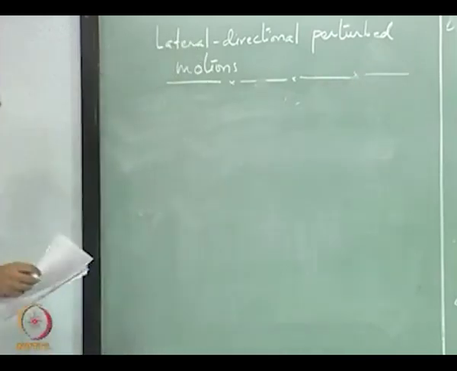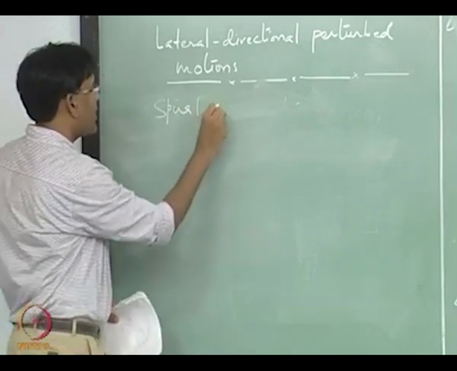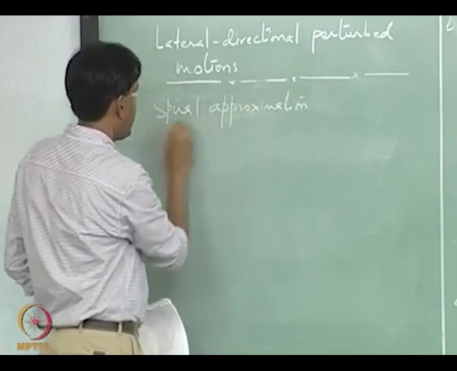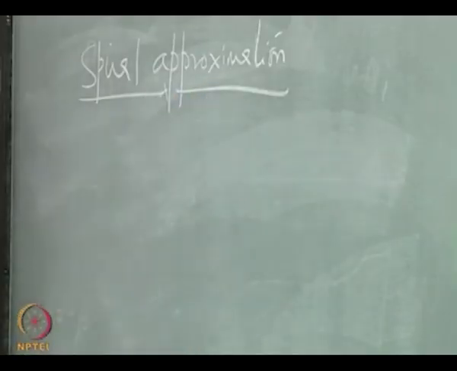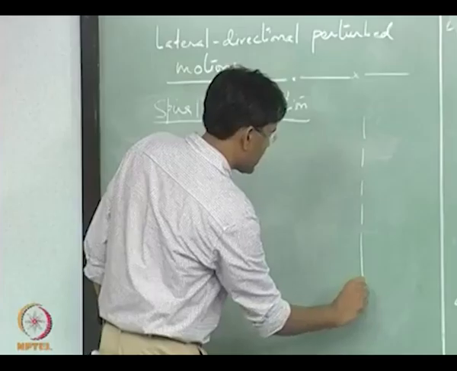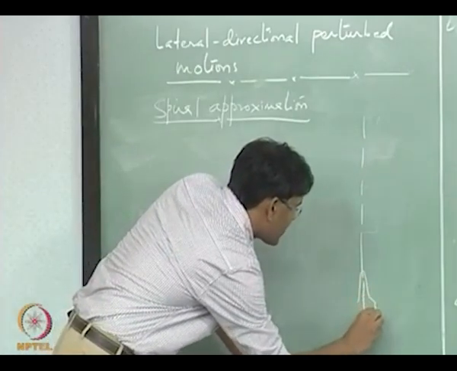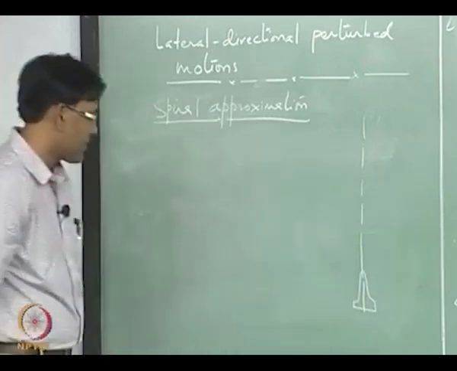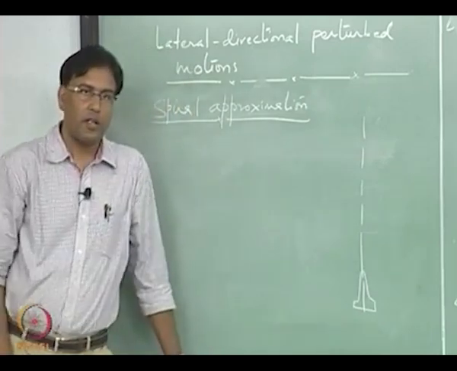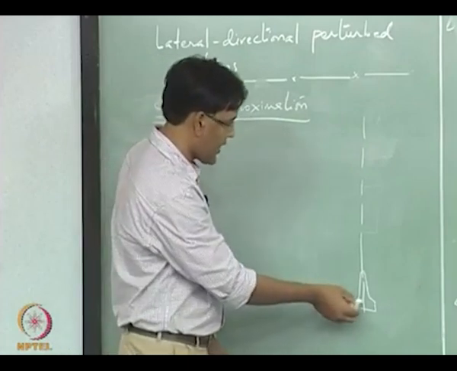Okay. So let us look at the spiral approximation first. If you remember, in the last class we talked about this motion. So, your aircraft is actually in a cruise flight condition, and a perturbation hits the aircraft, a gust can hit the aircraft from the side, and